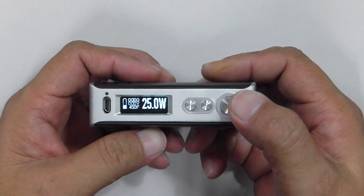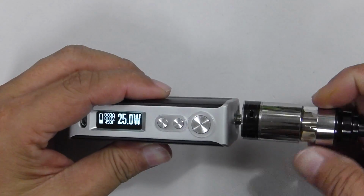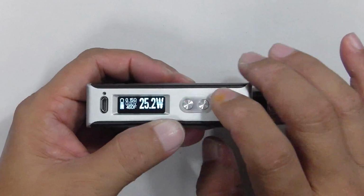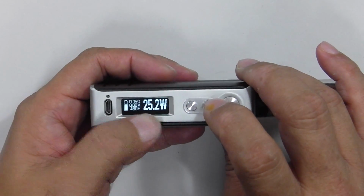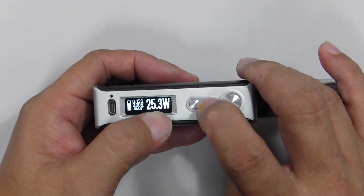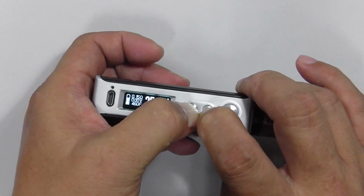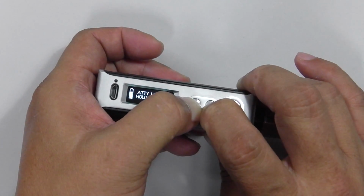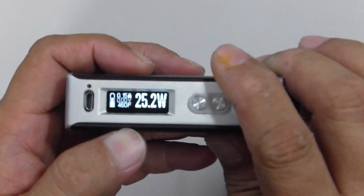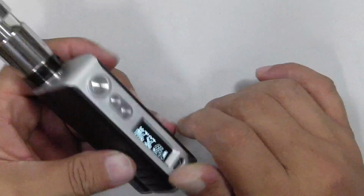There you go. And when you attach an atty onto it, on power mode, if you have it on power mode without temperature control, if you press these two, it locks your power, so you can't increase or decrease the power. If you're on temperature, it will lock the resistance instead. Alright, so once you let it go, there's a little lock sign there. As you can see, I'm going to bring it up closer to you. Yeah, so that's about it then for the